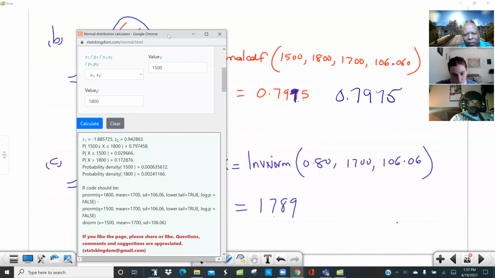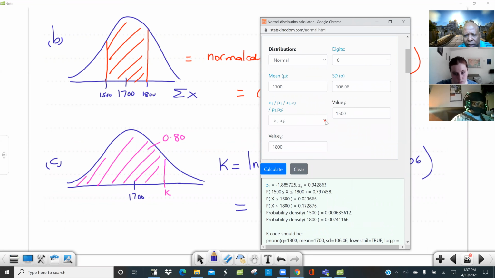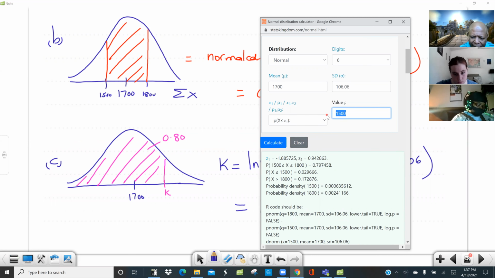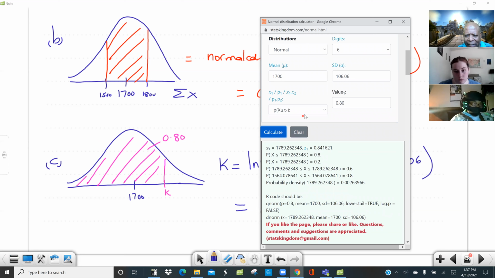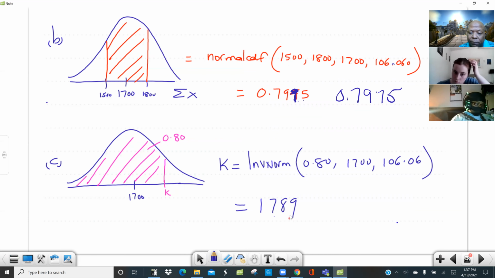So one more time, you come over here, same mean, same standard deviation. Switch this to the second option and put the area here, 0.8, and calculate. Wait for some time again. It does a lot of work in here. 1789. 1789 it is. So the value of K is 1789, meaning that the area to the left of this value